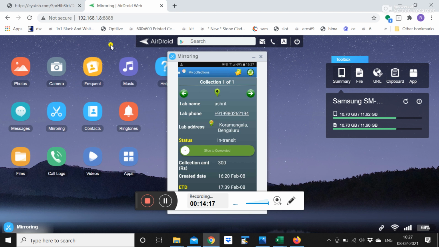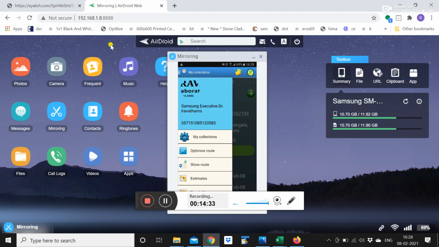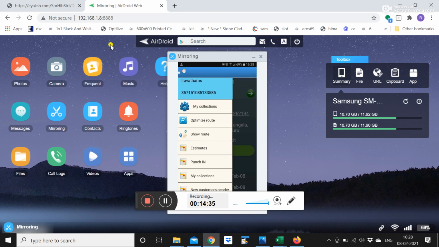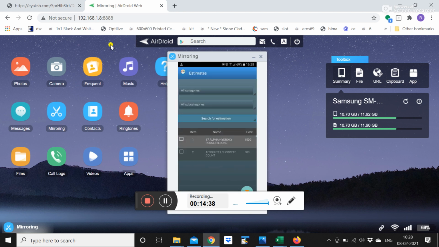So let's say I'll just show another use case wherein the Flebo has reached the customer location and the customer requests further additional tests. So in that way, this flow is also captured here. He can actually click on something called estimates, which will have your price list, the test name and the price readily available with your Flebo. And if the customer has requested for any additional tests, he can just click on those, and he'll be able to give an idea of the amount.